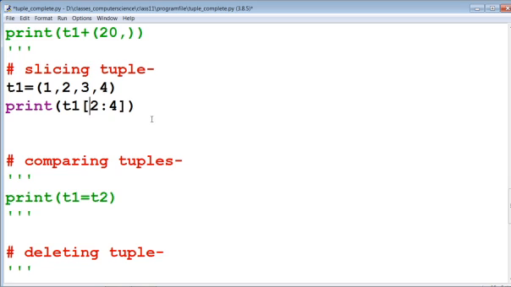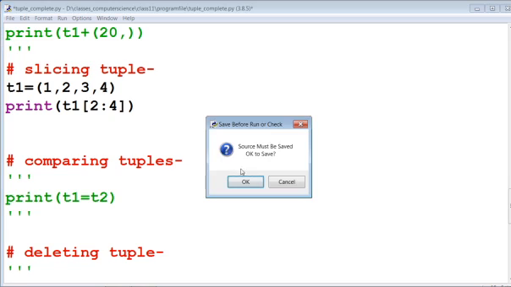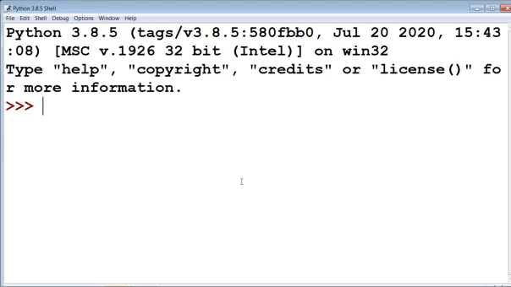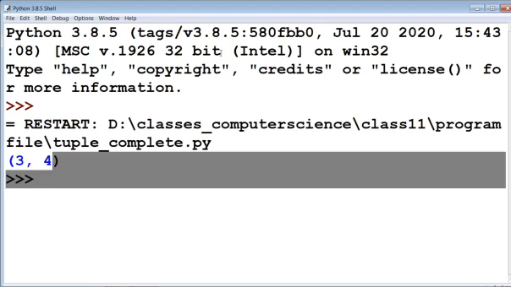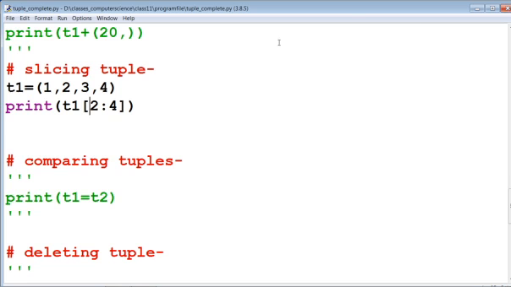Now check the output for this. You can see that 3 and 4 will be printed. The elements which fall within the range 2 to 4 are 3 and 4. So this is the slicing of tuple.